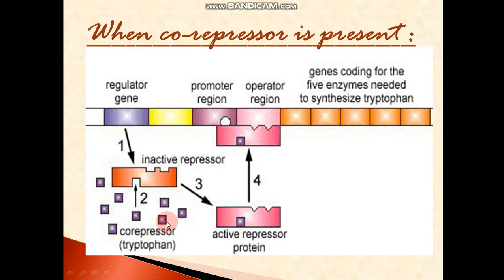From where has this tryptophan come? By the expression of these genes: TRPE, TRPD, TRPC, TRPB and TRPA. They were being expressed and formed tryptophan synthetase. Now the tryptophan synthetase enzyme is utilized in the formation of tryptophan. When tryptophan is present in excess, the tryptophan produced will go and bind to the inactive repressor, or what we call the aporepressor,